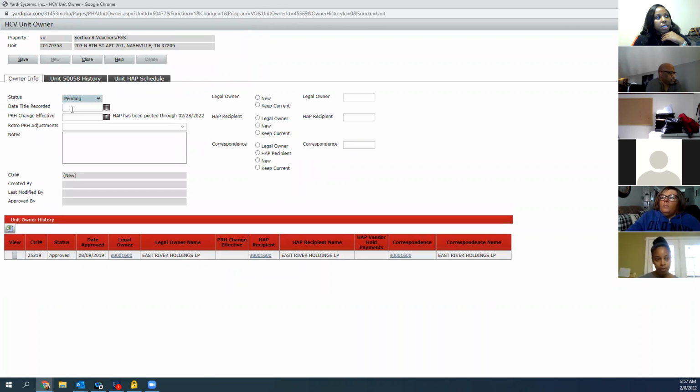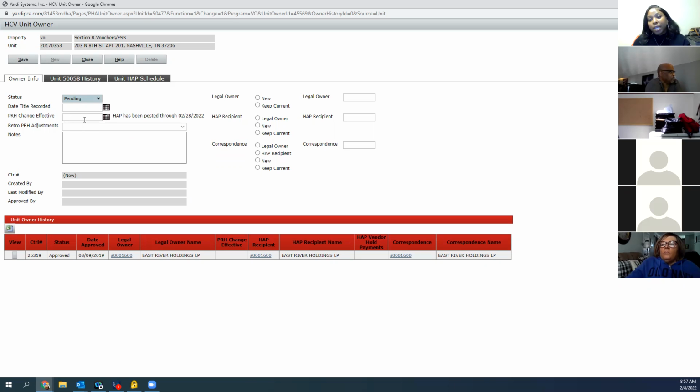You have the date that the title is recorded. You do not have to fill that information out. But what you do need to know is when is the change effective? PRH is for post-rent HAP. So when is the HAP change effective? You have to put a date in there, okay? Your date should always be the first of the month if it's for an active tenant, because we pay already,